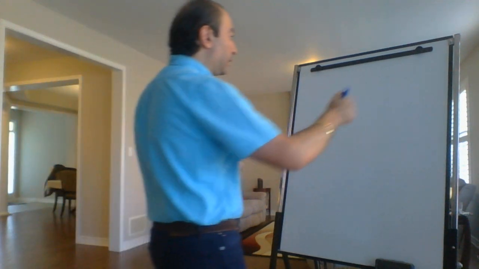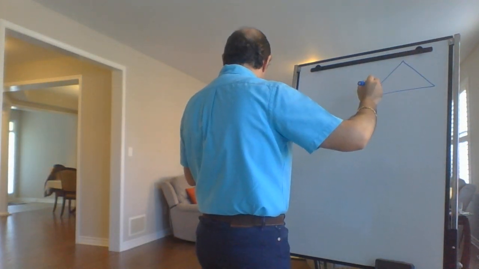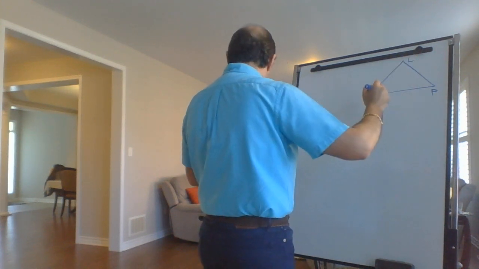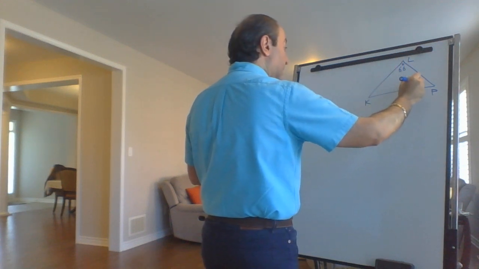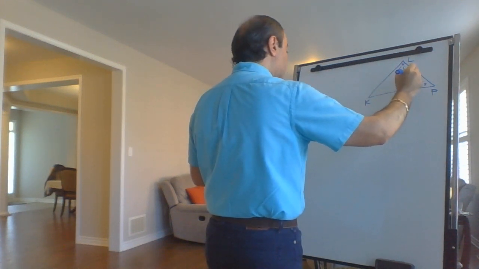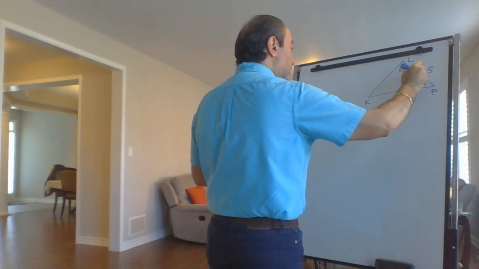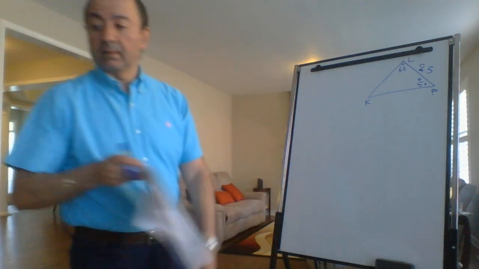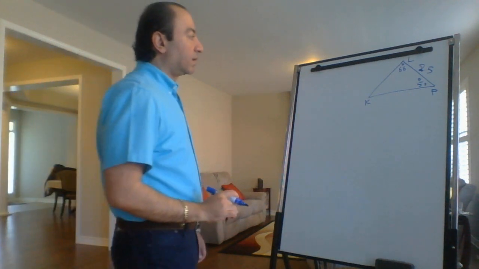Let us say we have this triangle. This is KPL. This angle is 66 degrees. This angle is 52 degrees. This side is 2.5 centimeter or 2.5 meter. So when we look at this